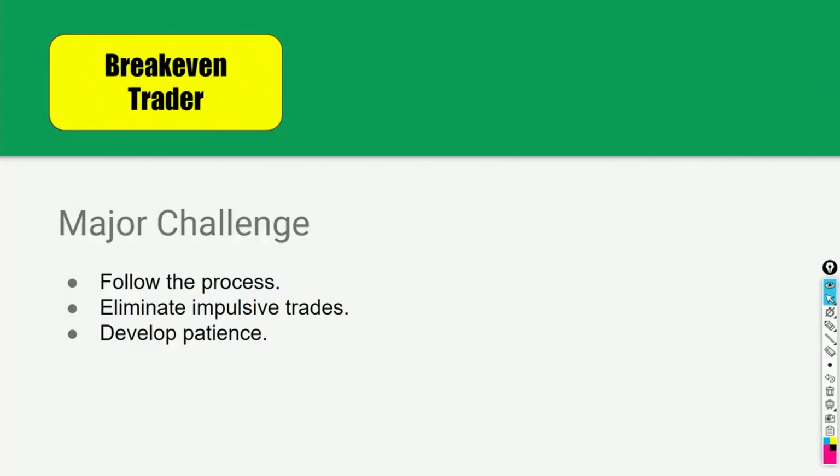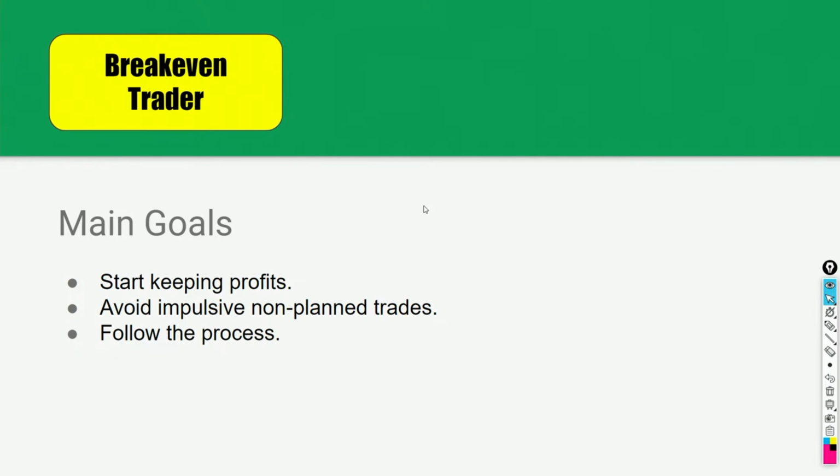If you want to be consistently profitable, and by being break-even, you have already proven that, okay, you know how to take good trades. It's only the bad trades that are a problem. So you can work on the process, and that process will help you eliminate the impulsive trades, the mistakes, the trades that are not as per your method, framework, and you will be able to keep more of your profits. And obviously you have to develop patience, like, trading is a game of patience, and if you cannot have patience, you will keep feeding the markets, feeding the slot machine as they call it.